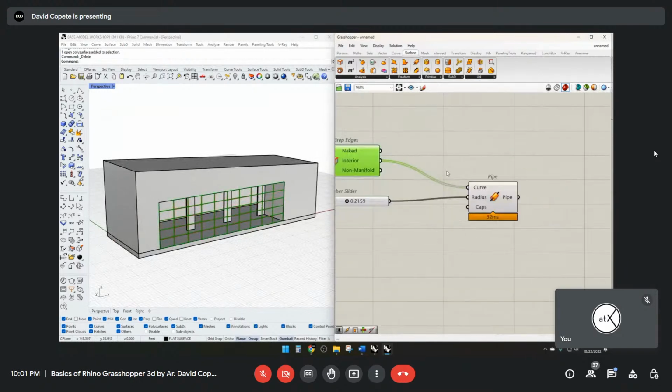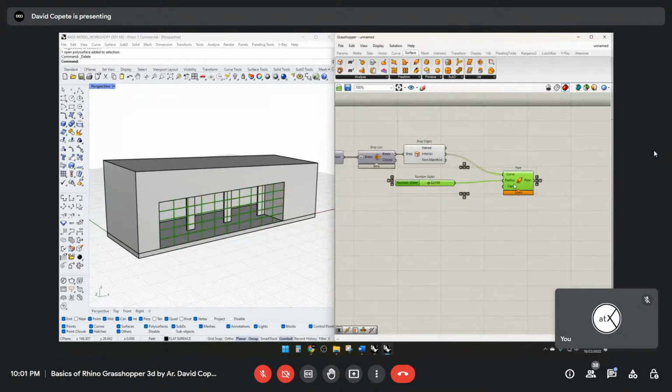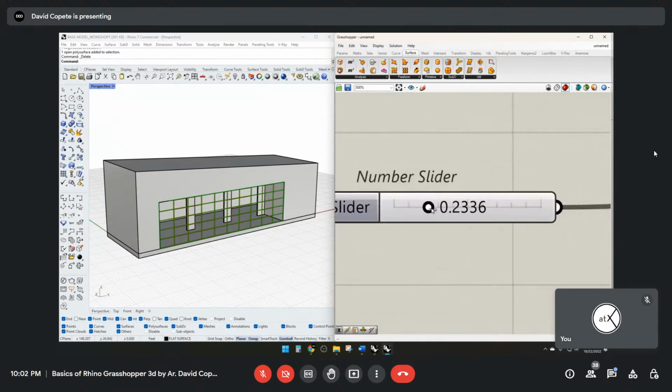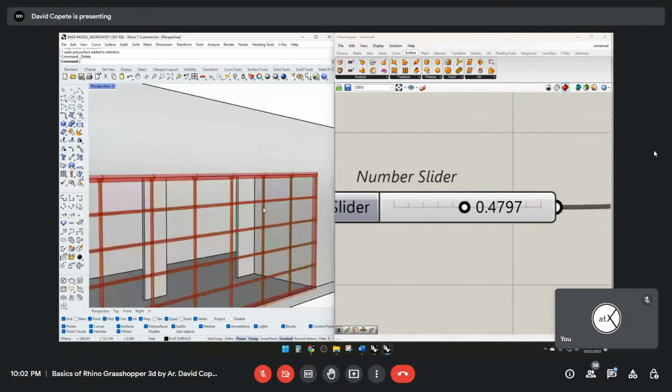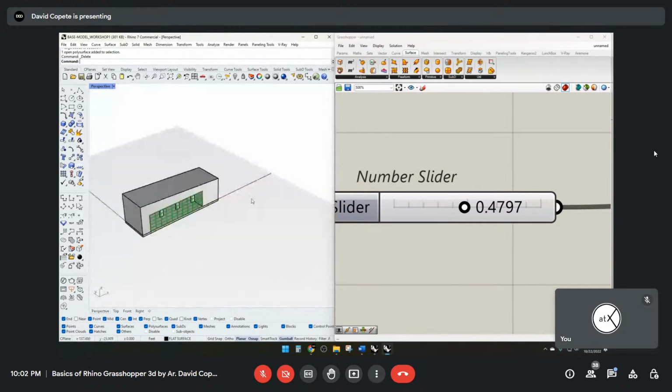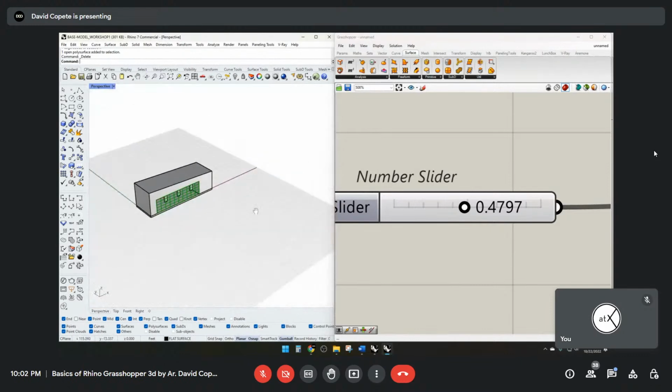And we can do the same thing to the outside. So we'll take this, tap Alt to make a copy down here. And now, instead of the interior, we'll do the exterior. And this could be a different size. So the cool thing about this is we can also go in here, let's say inside of Rhino,